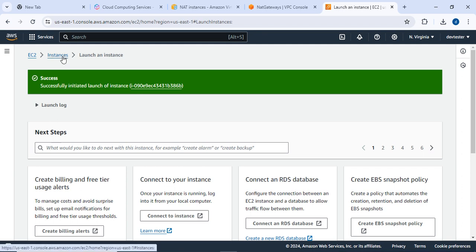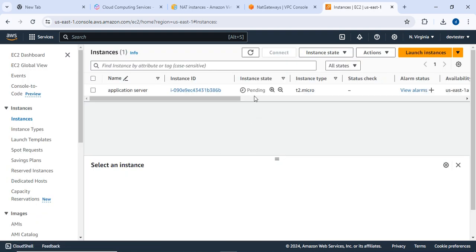So how will companies think? If they lose the data, then how are they going to move to cloud services? It's not at all possible. Okay, and this Windows machine will take some time to get started. So once this machine has been started,